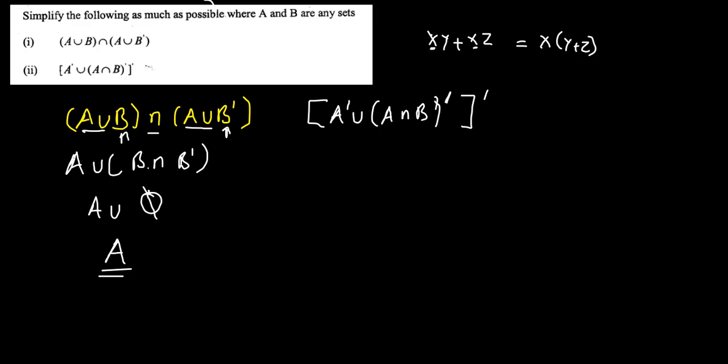Now just looking at this, A intersection B is actually part of the set A, so meaning that if you intersect a big set with a small set,